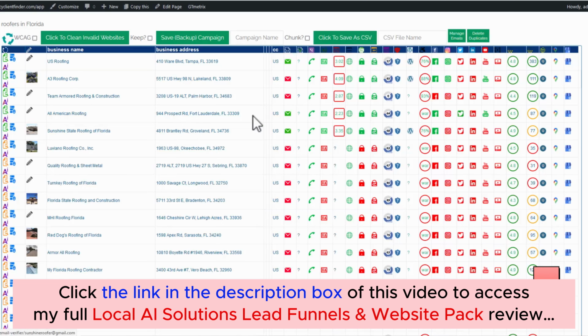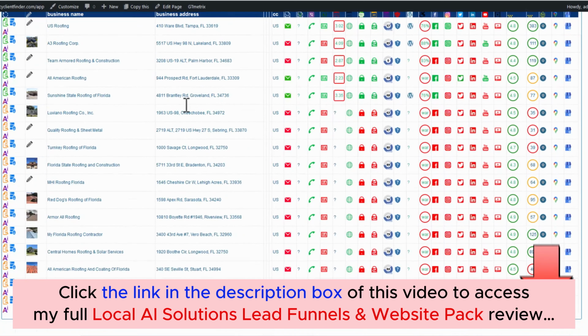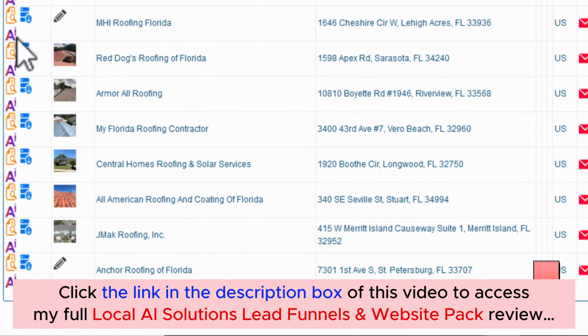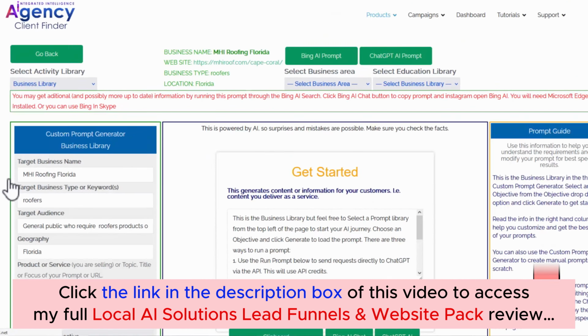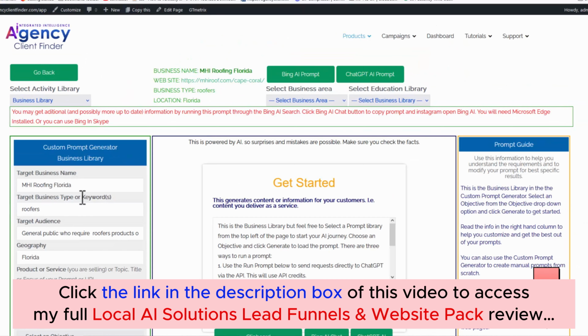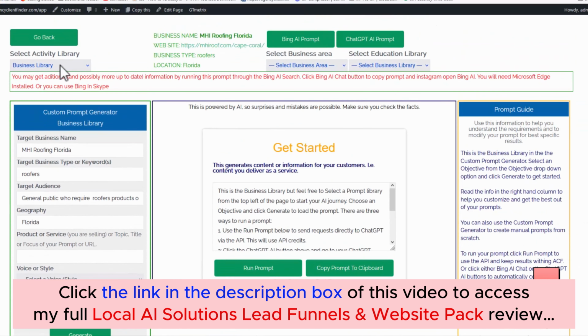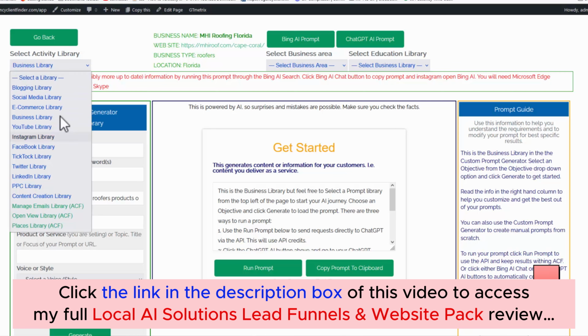Now, if we want to look at some stuff specifically for the businesses, but some more variable stuff, we can just go to dashboard, as I said, pick any one of these AI buttons. So we've got MHI Roofing Florida, and if I click the AI button there, it will populate MHI Roofing Florida in here, and now we've got access to these libraries. If I wanted to run any of these libraries, say for instance